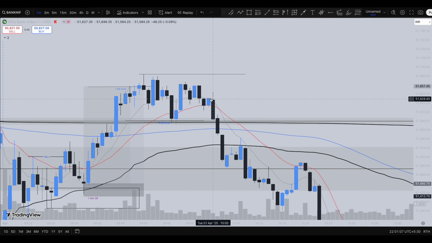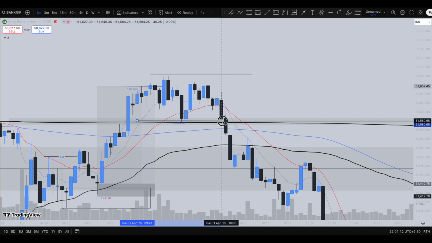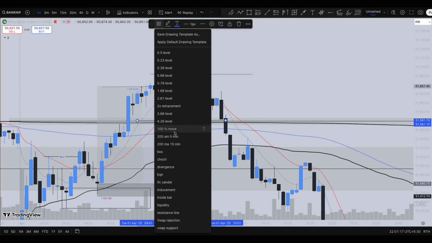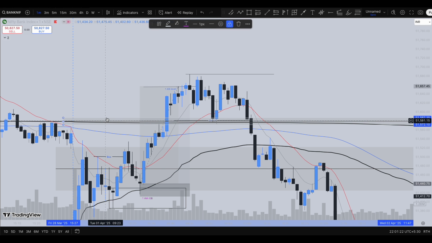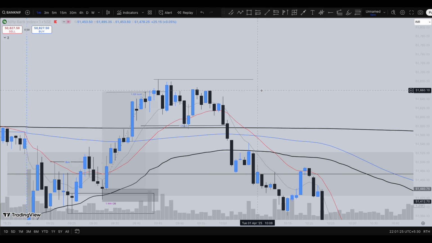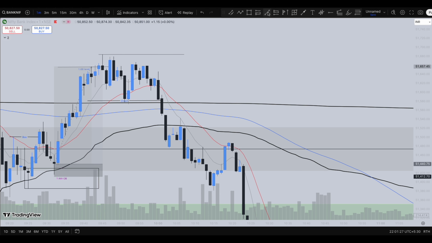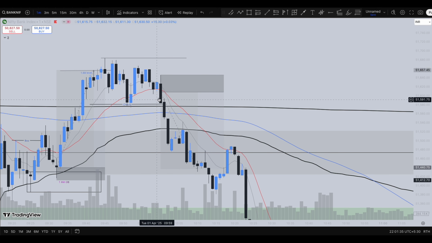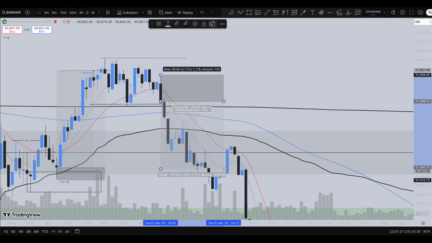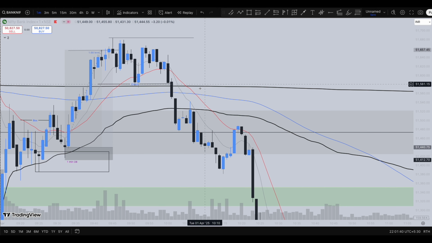You can see this candle which broke both the 9 as well as the 21 moving average and closed below that zone. And here you can see the market clearly broke this low as well. Initially, the 0.38 level acted as support. Now it formed a CHoCH over here, clearly signifying some sort of bearish sentiment, guys. And after this candle, you could have easily entered a short position here, keeping your stop loss just above that candle high and targeting all the way towards the downside. This is one good setup where you could have traded.